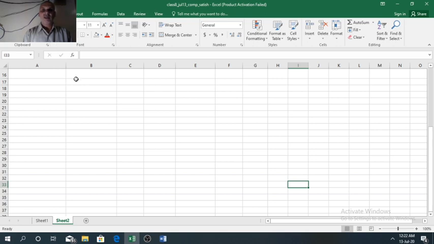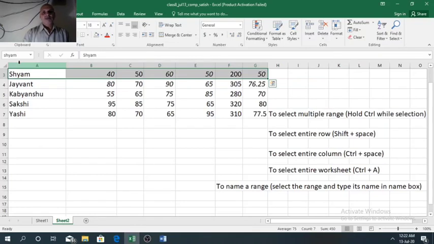I have already given the name Shyam. So here in the name box, when you click on this arrow, whatever name you have provided for different ranges of cells, it will be shown here. So here it is showing only one name, Shyam. So when we click here, the cursor will go to the data of Shyam.